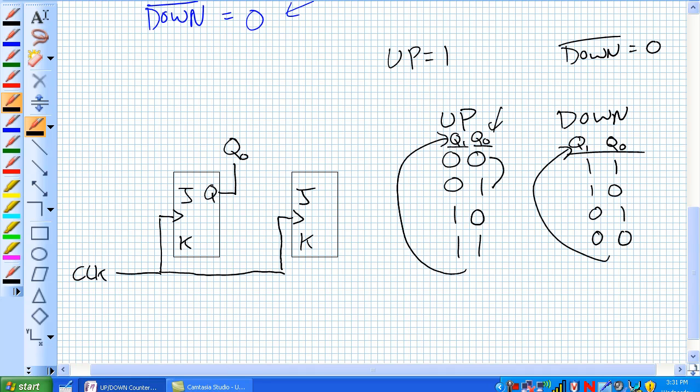Notice how it goes from 0 to 1 to 0 to 1 for when you're in down mode, 1 to 0 to 1 to 0. So really nothing has changed for bit Q0, and that is always going to be in toggle mode, regardless if it's an up or a down counter mode. Okay, and this, by the way,